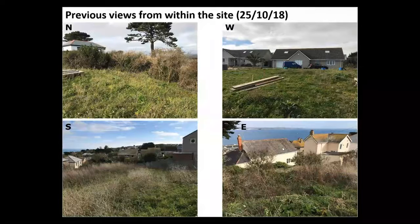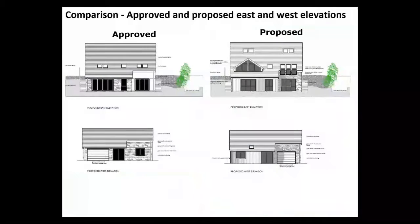This went through the various stages of planning. It came up to outline. Outline went through on delegated powers with a proviso that it should be bungalows, and the bungalows envisaged is the ones that are shown on the west elevation, which is on the screen at the moment. That was the style of bungalow that was envisaged there. But basically we ended up where we are, and we came to the application in 2018,